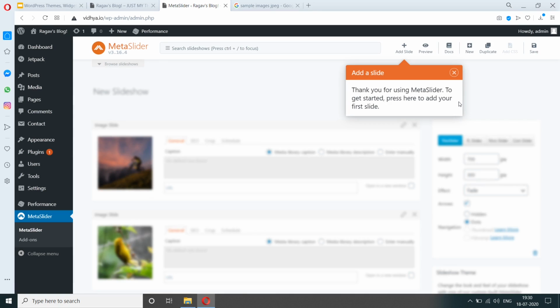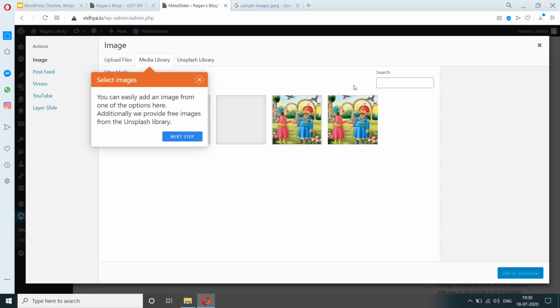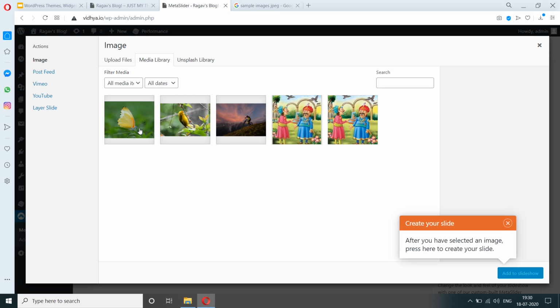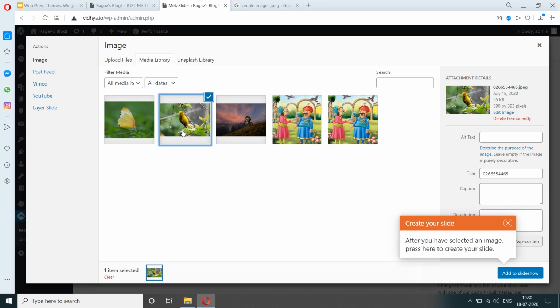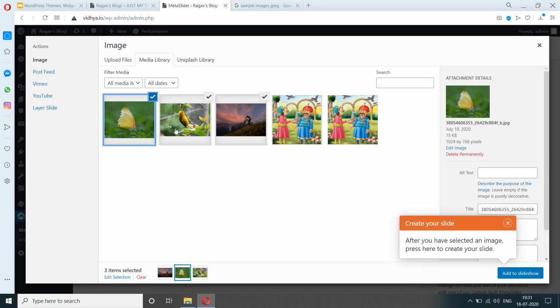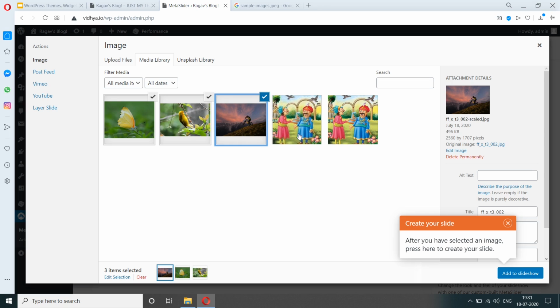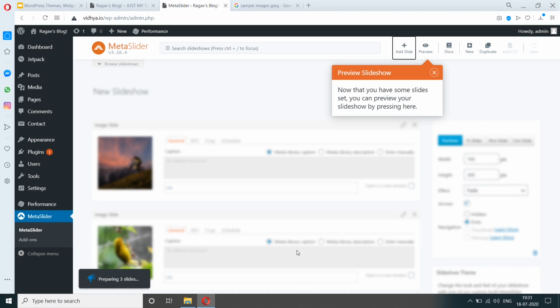So this plugin is giving us some instructions on how to add a slide. So it's asking us to click on this button, add a slide. And we can add images from what we've uploaded to our media library. I'm going to select these three. So I'm going to click on add to slideshow.